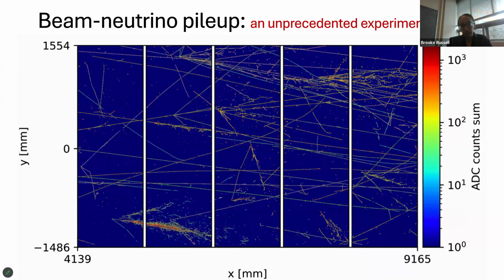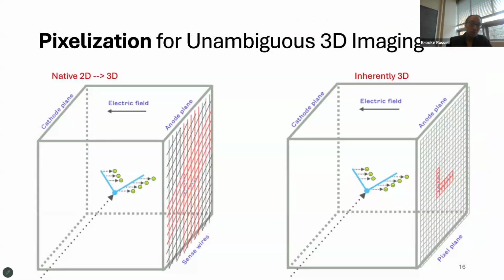The situation is vastly different at the near detector. At the near detector, we actually observe a beam neutrino pileup. Given how intense the beam is, we have roughly 50 neutrino interactions per 10 microsecond instantiation of the beam. This is an absolutely unprecedented experimental regime for a neutrino experiment to operate. So because of this, we need to push forward our technology such that we could actually read out these signals. And here I'll explain why.